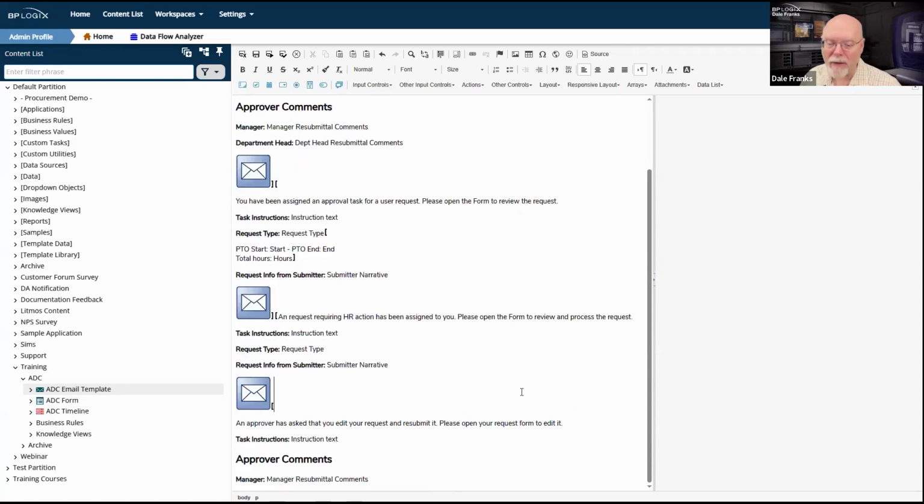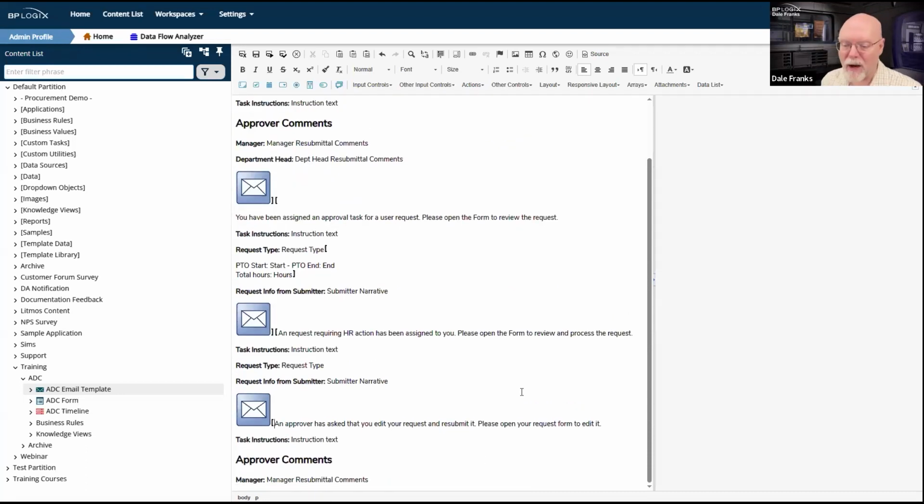Obviously we're going to have to change some text. So none of this stuff about approvers. HR has acted on your request and its disposition has been finalized.